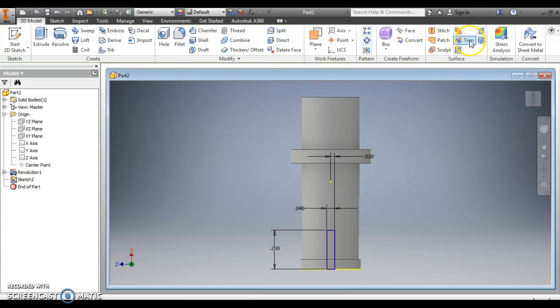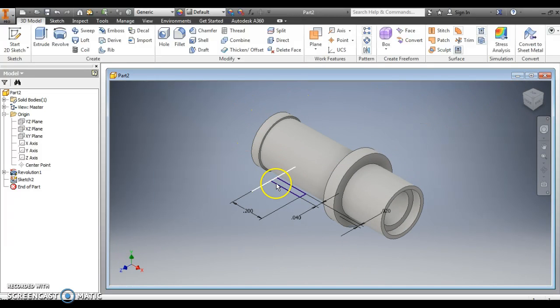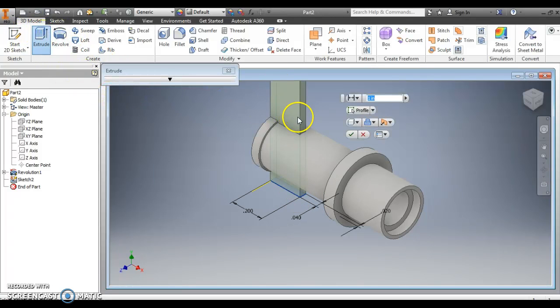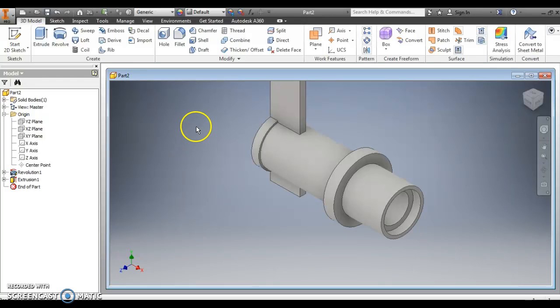We're going to cut through here. So let's hit the finish sketch. Notice it's beneath there. We've got to cut up through everything. So we're going to hit extrude. It is on the cut plane. You can see that it's already cut through both of them at 1 inch. It doesn't matter how long we put it. We want it to cut through both. So just click on the X and